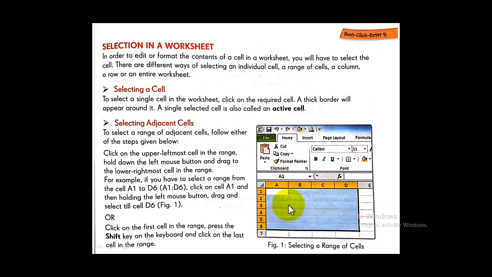Then this whole portion will be selected at once. Okay, this is how we can select a range of cells. There are two different ways of selecting a range of cells. Either you click the left mouse button here, hold it and just drag till the last cell,